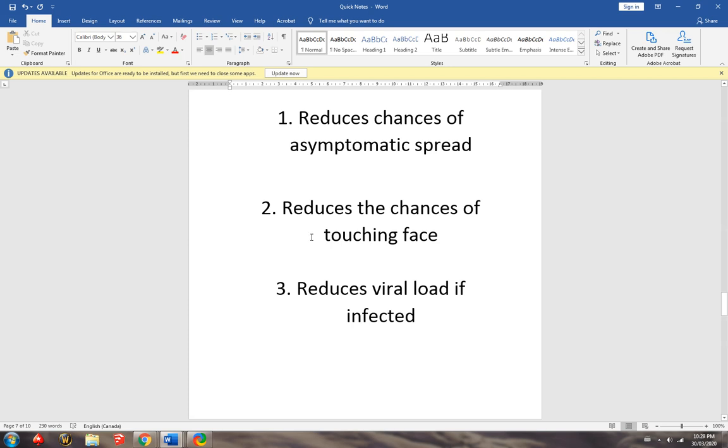Number two, it's going to reduce the chances of touching our face. Now, apparently, Theresa Tam disagrees with me on this. The argument that's currently being used by our government for whatever reason is that by having a mask on, you're going to be more likely to touch your face to rearrange the mask because it's not going to be comfortable. Number one, I agree on an N95 mask because things really aren't comfortable. I hate wearing them when I have to go into attics and stuff. However, if we're talking a cotton mask where we get to customize exactly what feels good over our face because we're making them ourselves, that is not an issue.